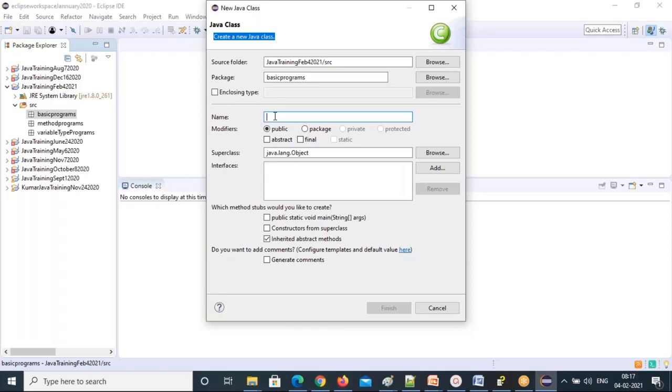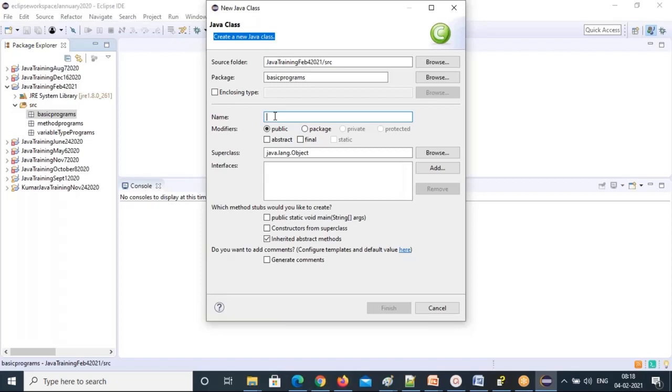Again, I'm repeating. Anytime you are creating a Java class, you should follow the naming conventions. If the class name is one word, the first letter of that word should be an uppercase letter, first letter only, and the remaining letters in lowercase.